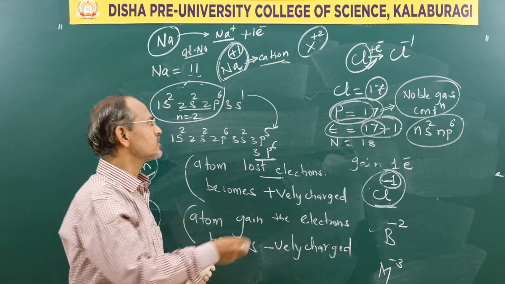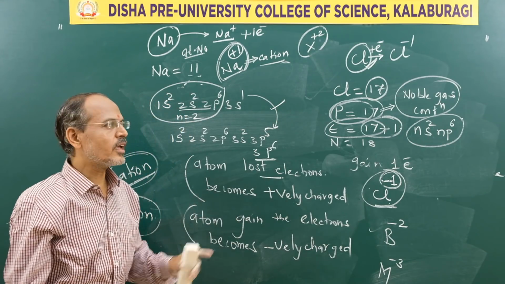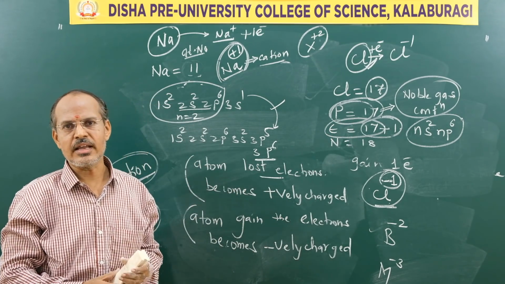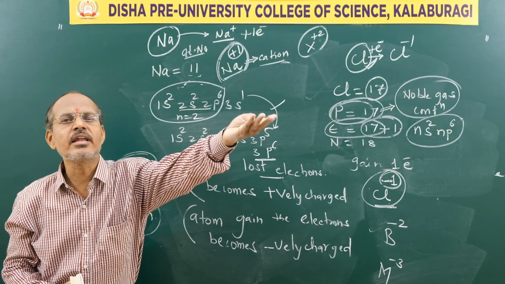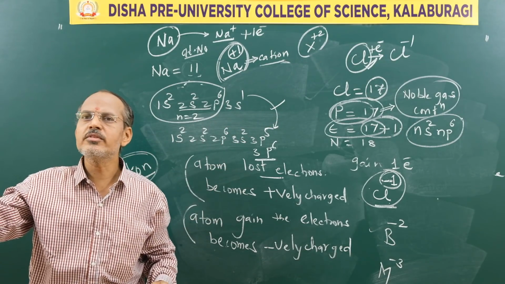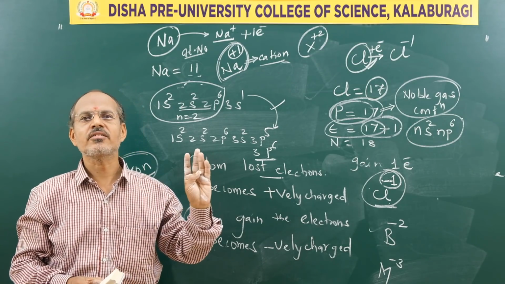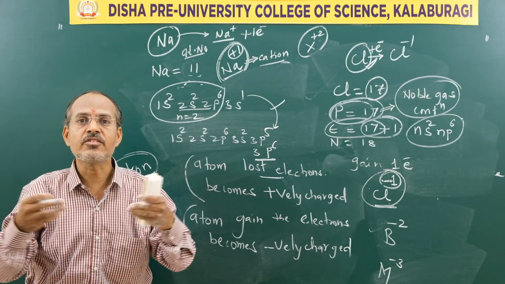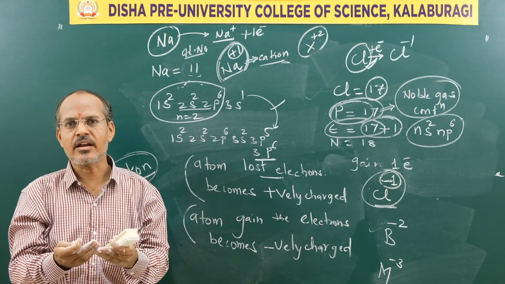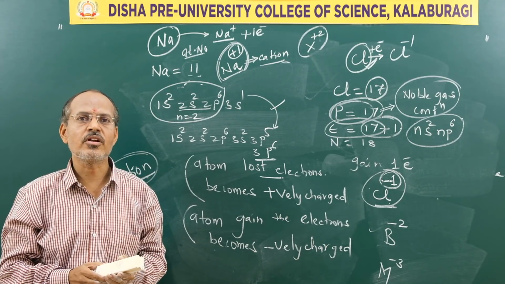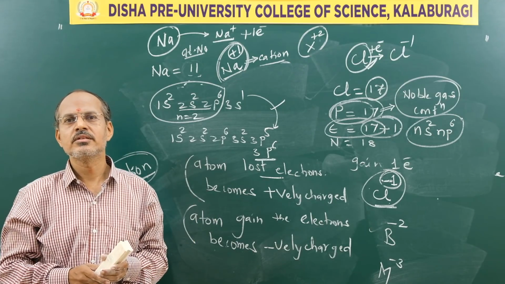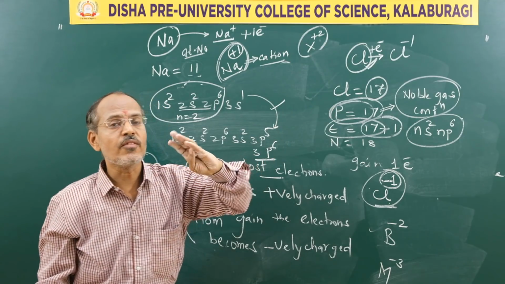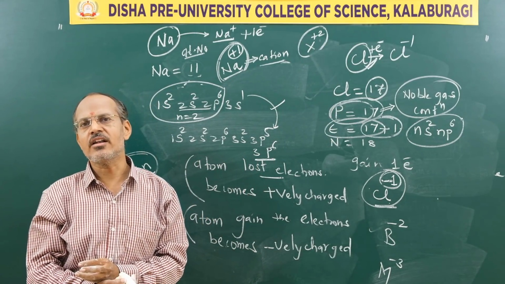So that is about the configuration. That's why chlorine accepts one electron, sodium gives one electron. The atom that gives the electron becomes positively charged. The atom that accepts the electron becomes negatively charged. And we know that according to electrostatic force theory, oppositely charged ions always attract, hence resulting in the formation of a compound. So that is about the elements and compounds and valency and oxidation state concept.